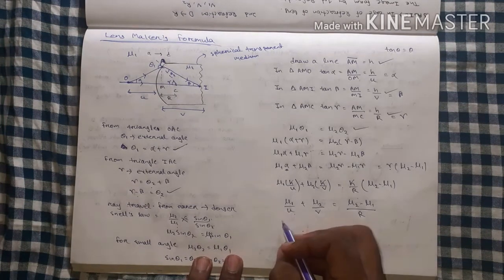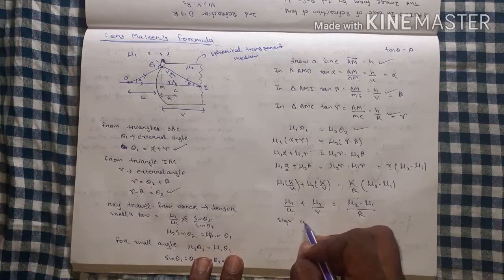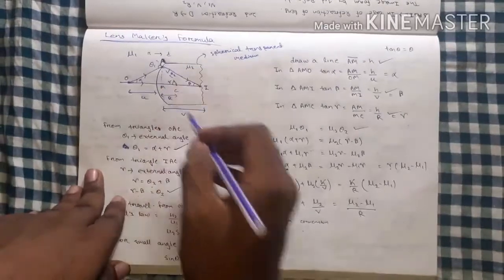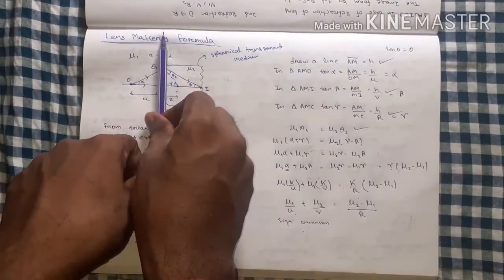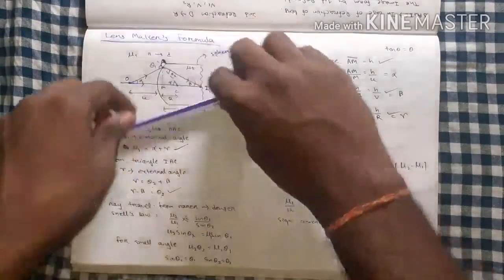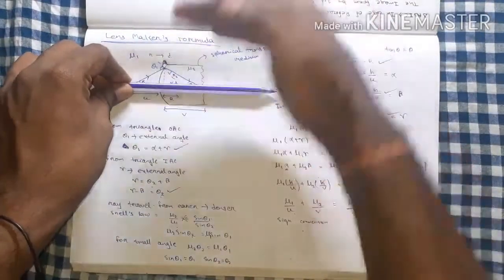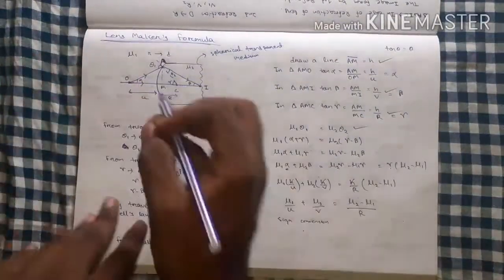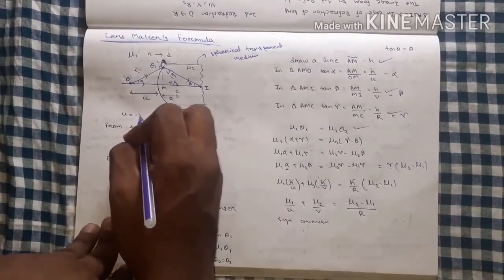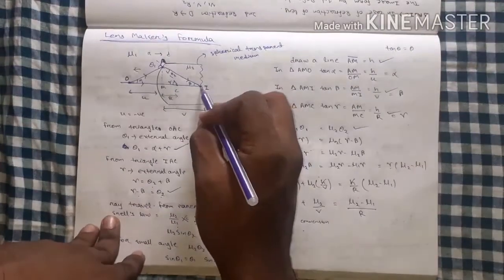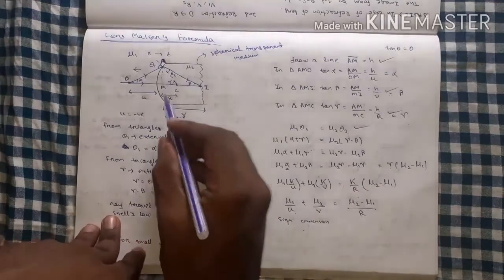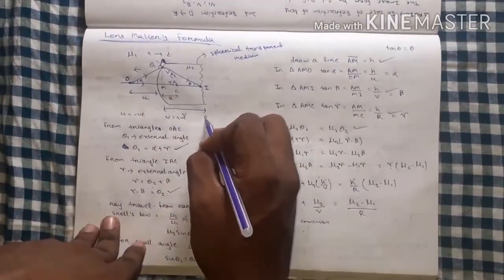Okay. For sign convention, listen, it is the surface, so that means this will be the axis. From this side it will be positive, from this side it will be negative. For this axis, upward will be positive and downward will be negative. So the object is on this side, so u is negative. The image will be on this side, so v is positive. And R is also on this side, so R will be positive.